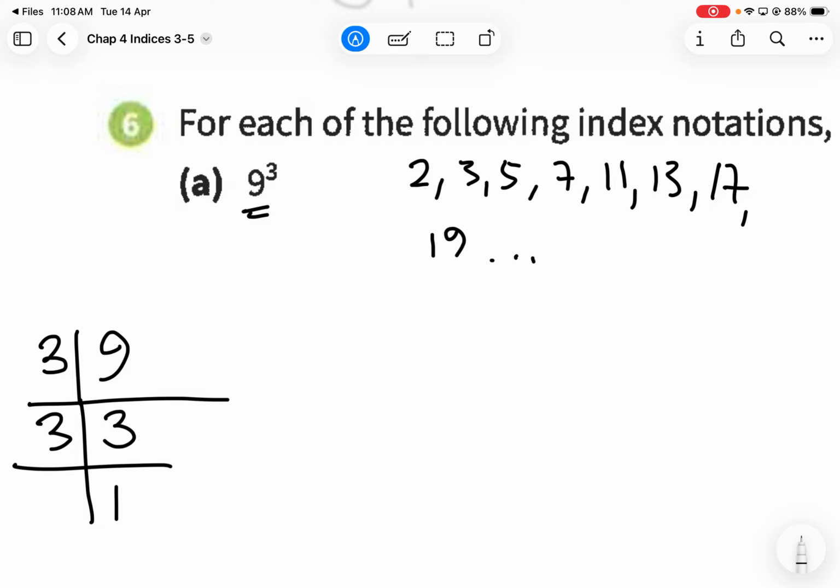So if I can write 9 as 3 to the power 2, I replace 9 with a bracket and instead of 9, I write it as 3 to the power 2. Then 9 itself has a power 3. So this whole bracket has a power 3. Okay? Then to simplify it,